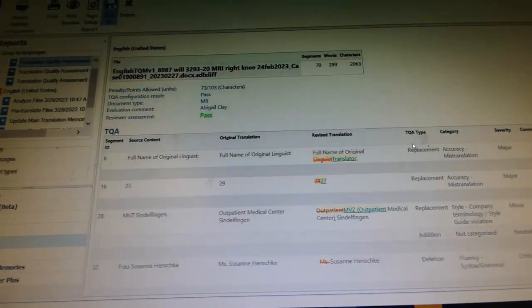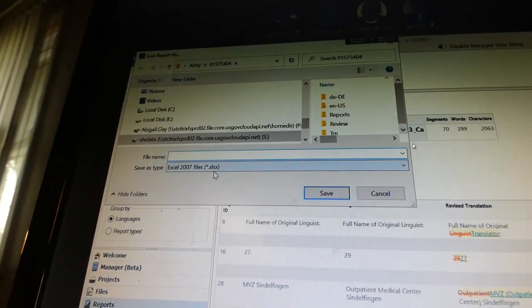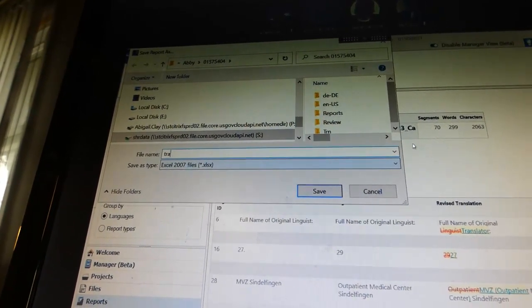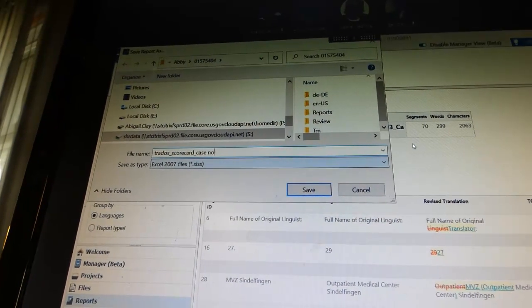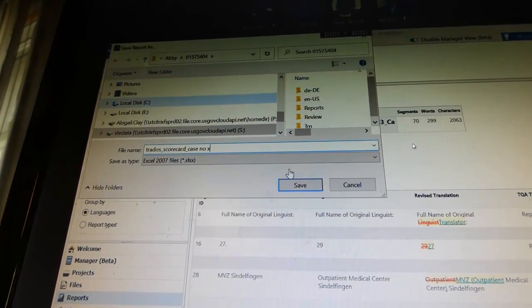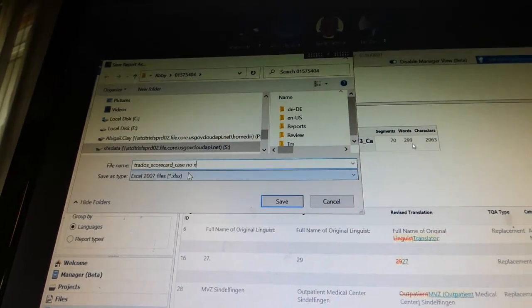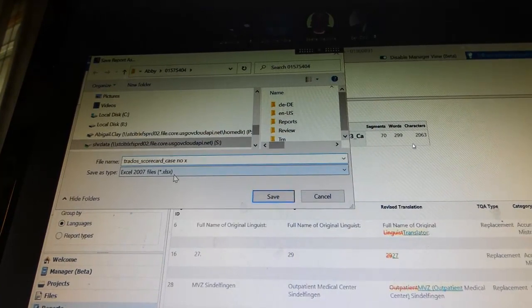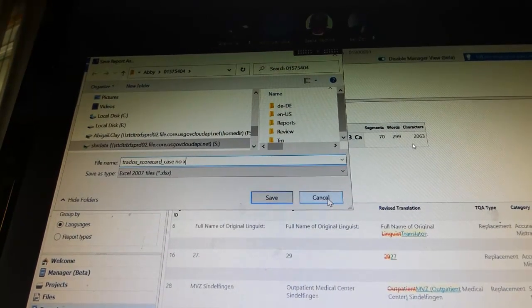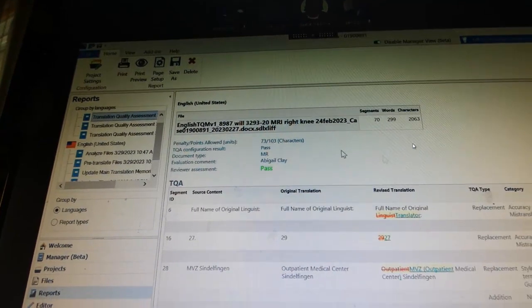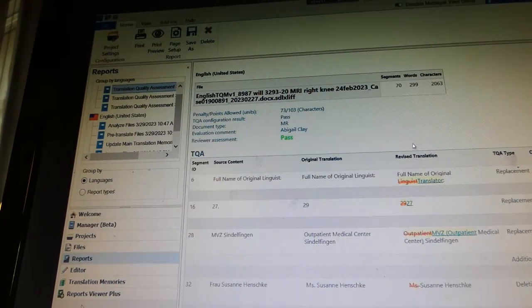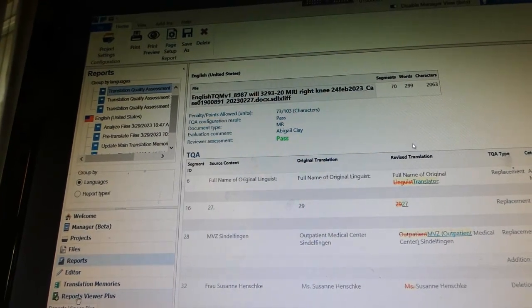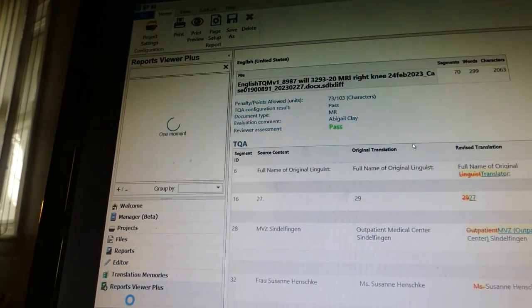So then I could say save as, and this is what I did. I saved it as Excel. So I'll just call it Trados scorecard case number, whatever it is. Then I would save it, and then I would upload that to Teams for Gael to analyze the data. And I want to run the macro through every single one of those files at the end of each month, basically. So the plugin that we were talking about earlier, the Reports Viewer Plus that the outside developer created,